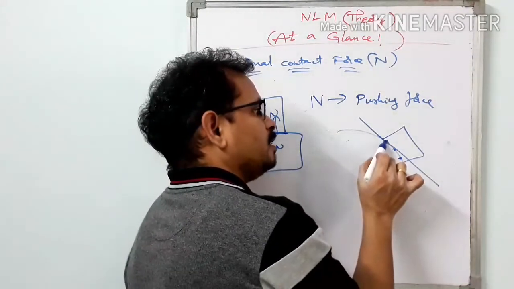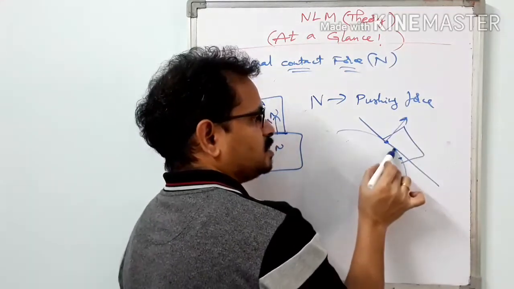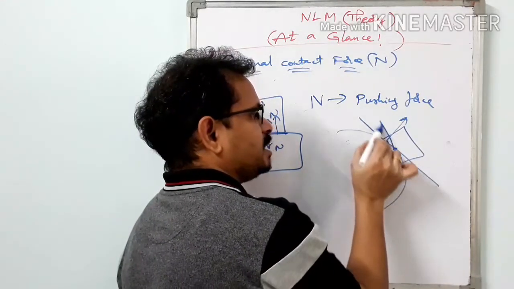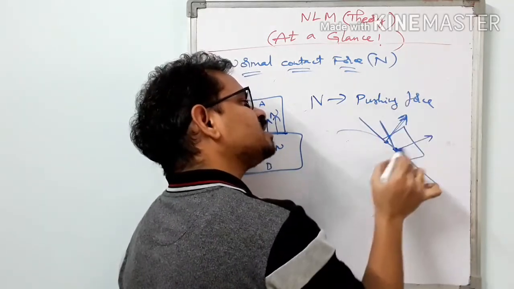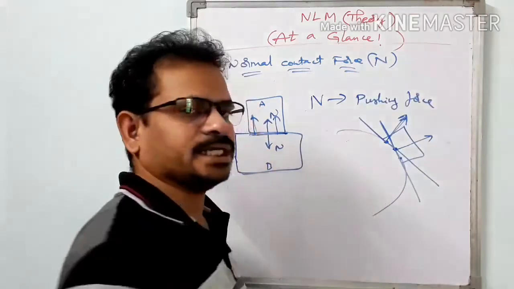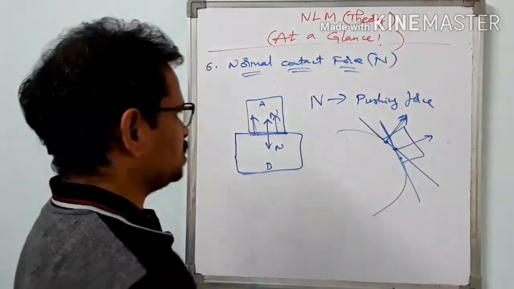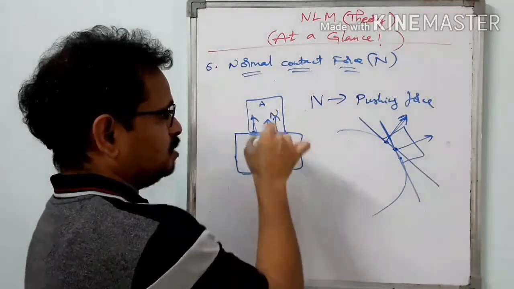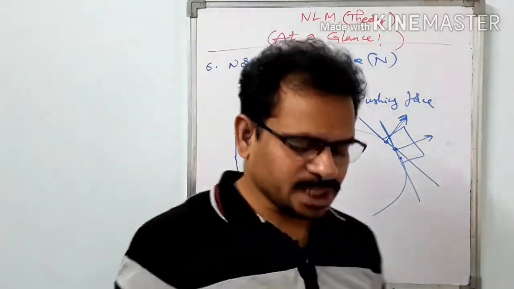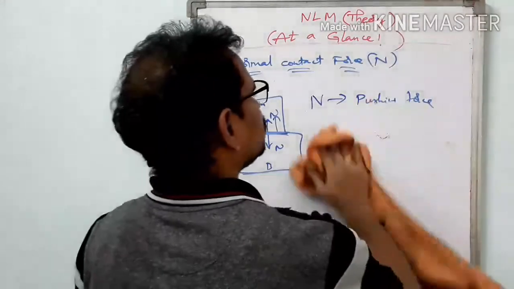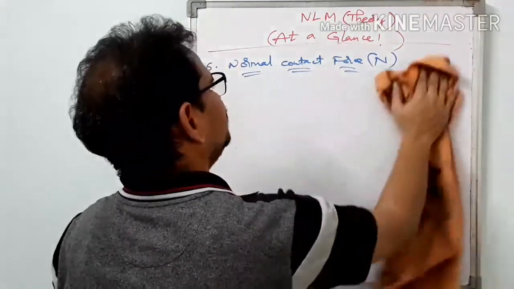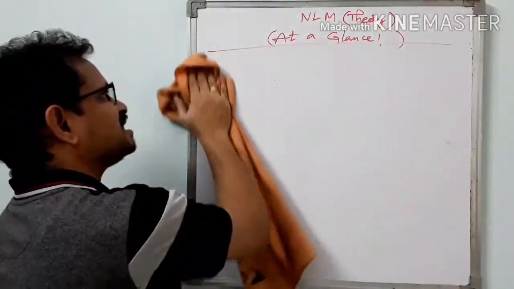Okay, just draw a tangent plane. So we have to draw the normal contact force here. Suppose at this point, what is the tangent plane? Like this. The normal contact force is like this. So this normal contact force is in a different direction, and this one is in a different direction, for curved surfaces. If they are plane surfaces, all the normal contact forces will be in the same direction. So the normal contact force is a force which comes into existence just when the bodies come in contact.